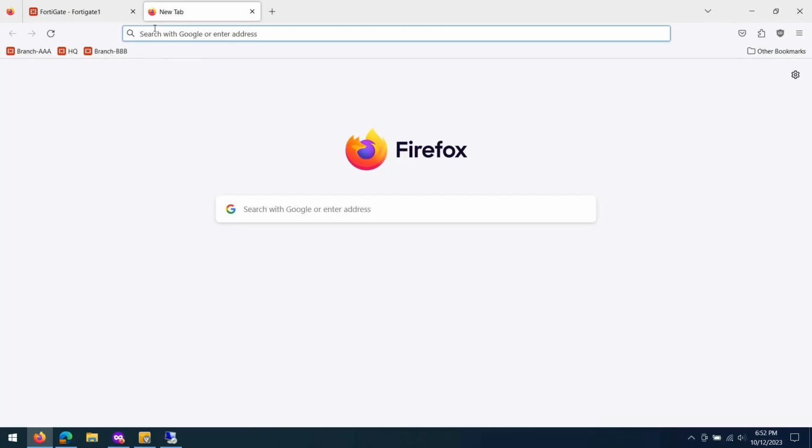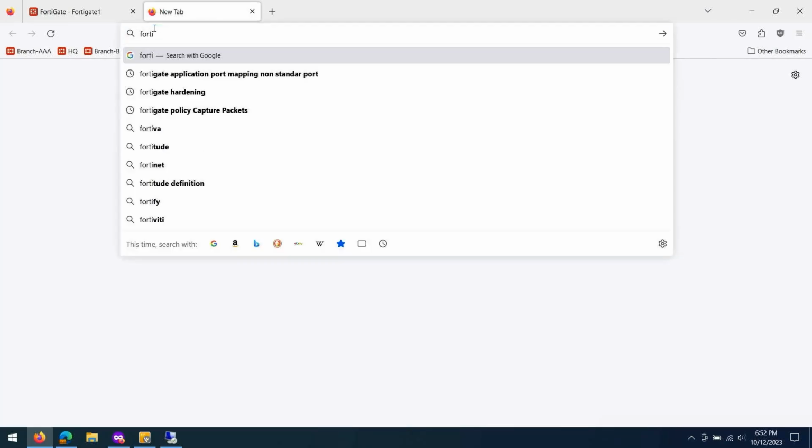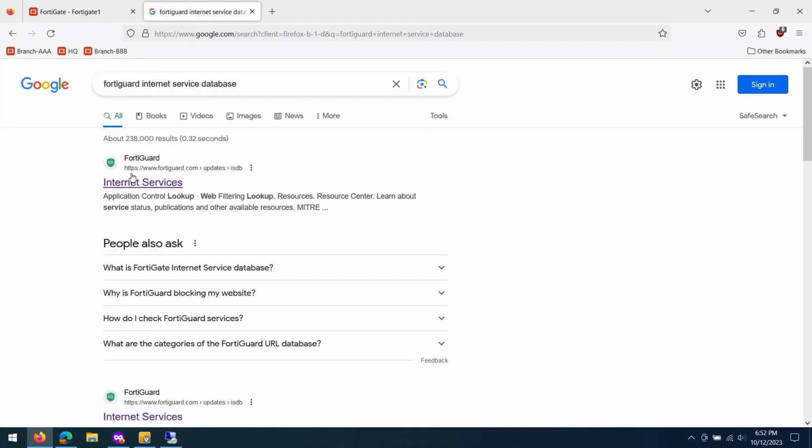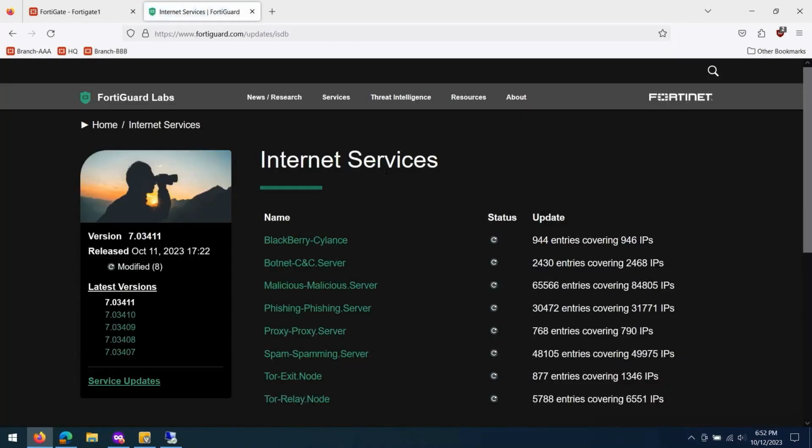And if we go to FortiGuard Internet Service Database, yes. This site is going to give you all the information, or at least an idea of what each of the services coming from the FortiGuard database for the internet services are. So maybe if we go to the latest version of it,